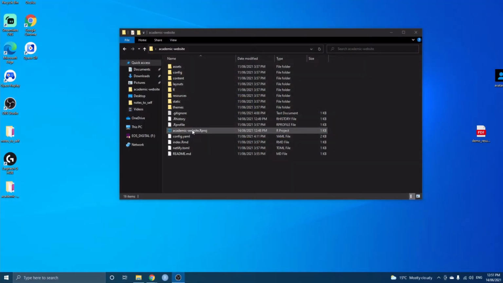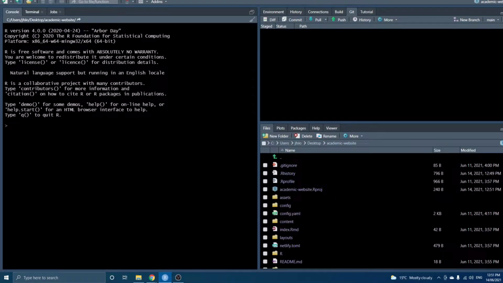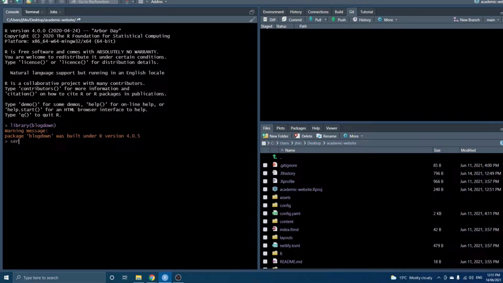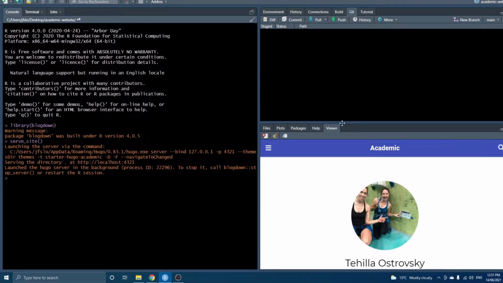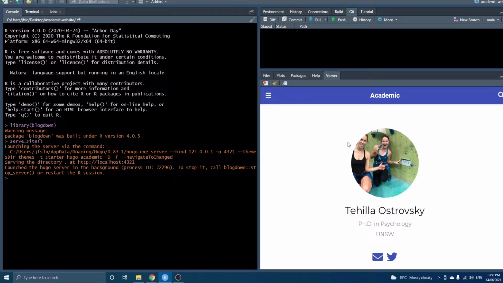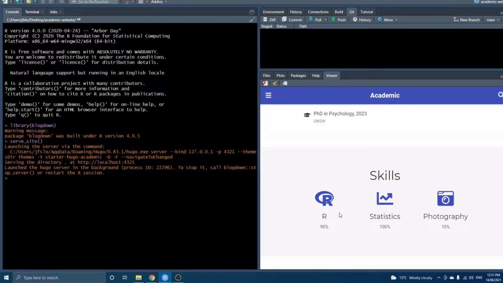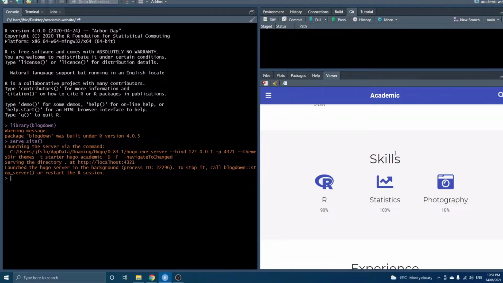Today we will get started just by opening up our project, and we can see where we left off by loading in Blogdown and serving the site. So we can see our website is looking really good so far. It's coming together. We've modified the bio section, and today we'll do a quick tutorial on how to edit the